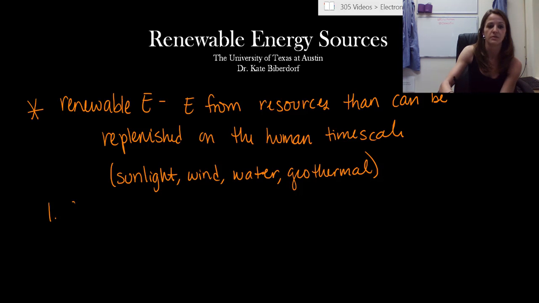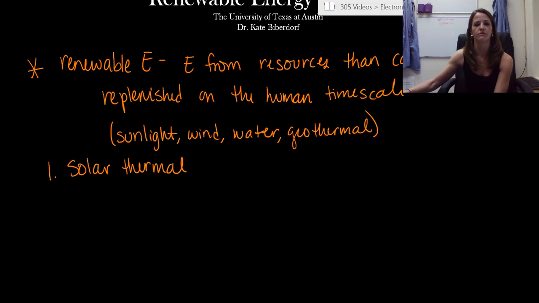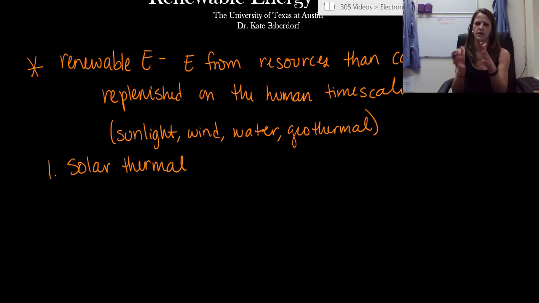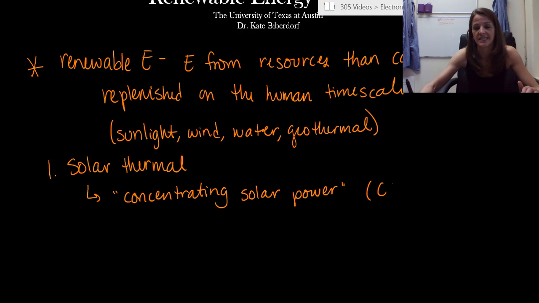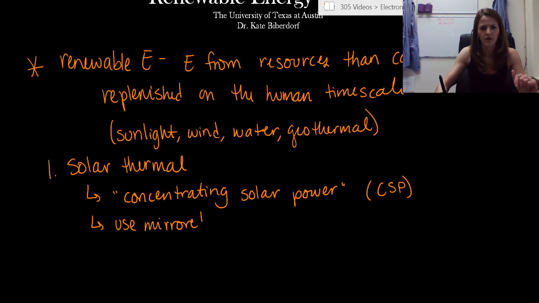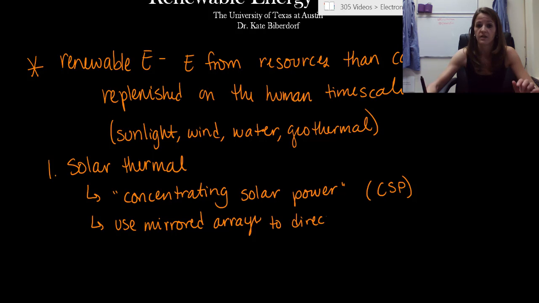Number 1, the first one is going to be solar thermal. This is a unique version of solar energy, using solar and heat, and it kind of pushes it together. I really like this one. When you talk about solar thermal, what it is, is concentrating solar power, and a lot of times people just say CSP. If you ever hear that, that's what it means. This is really neat because they use mirrored arrays. A bunch of mirrors, and then an array, just like we talked about with photovoltaic cells, but just of mirrors, and they use this to direct sunlight